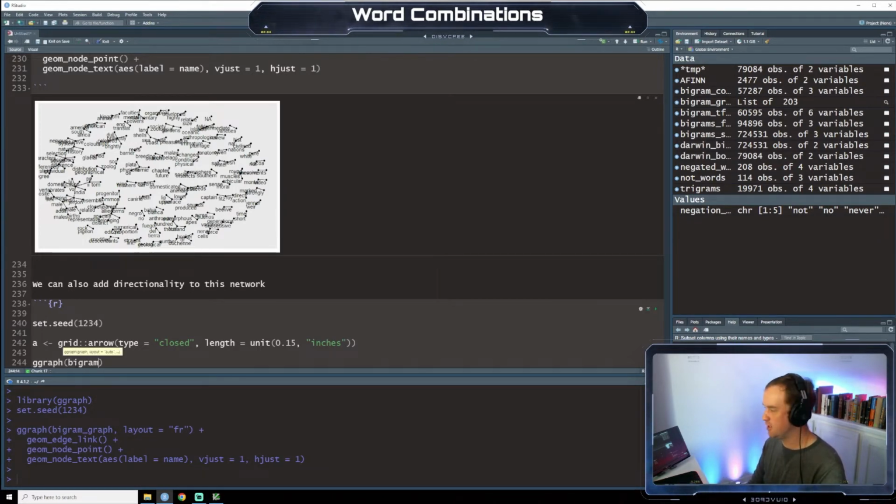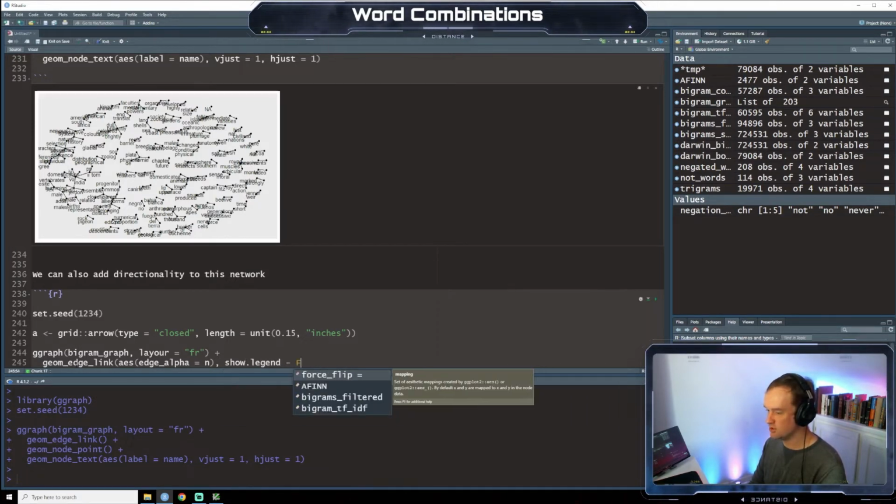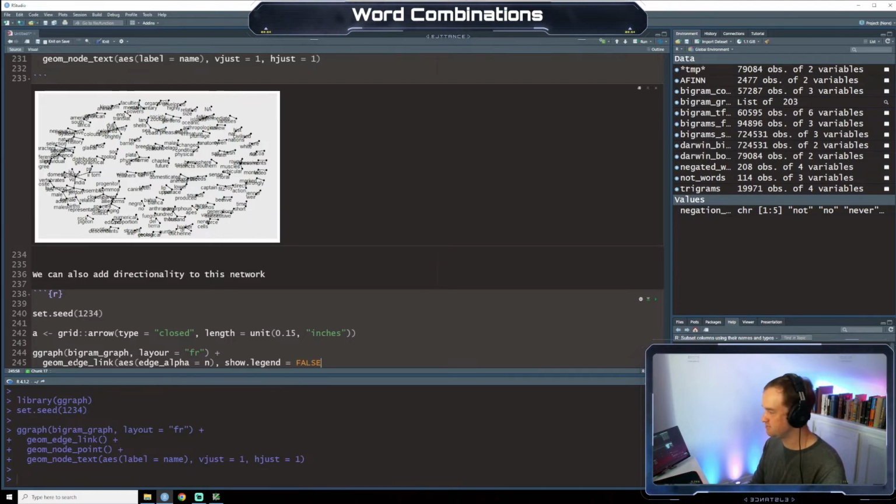ggraph by gram graph, layout equals fr, and then geom_edge_link, aesthetic edge_alpha equals n, show_legend equals false, arrow equals a, and end_cap equals circle 0.7 inches,